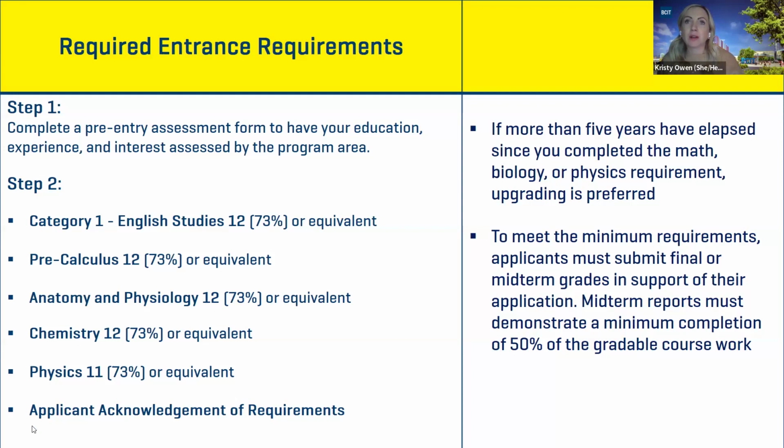Also, if you are in high school, then you can submit your midterm grades if you're not quite done some of these courses, but the midterm grades must demonstrate at least half of the eligible criteria of the course. There's also one more thing I would like to recommend: there is a pre-assessment form, sorry, in step 1,